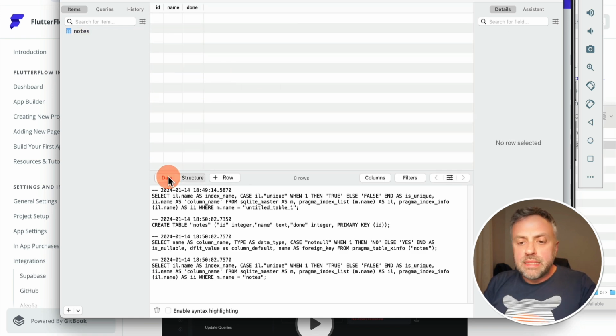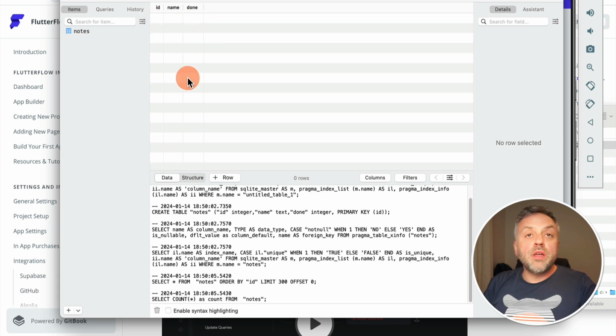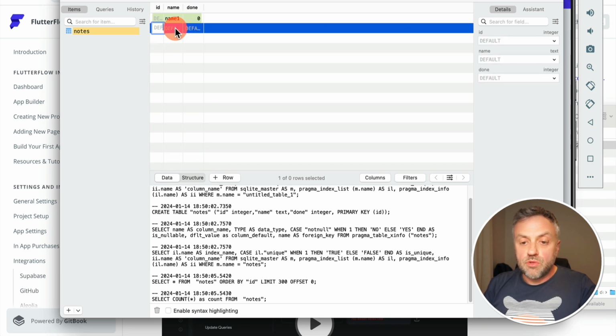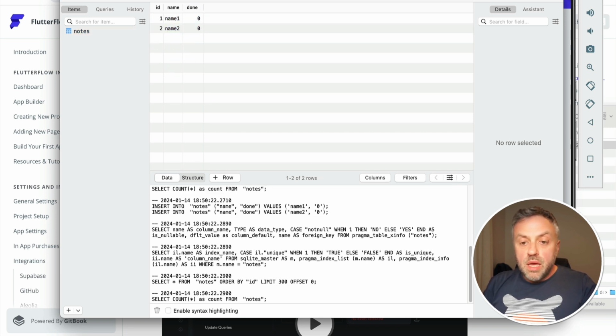Next, you want to click on data, and you can create new records. Okay, so I'm going to say this is name 1 and this is not done. I'm going to say 0. I'm going to say name 2 and I'm going to say not done. And now I have a table called notes